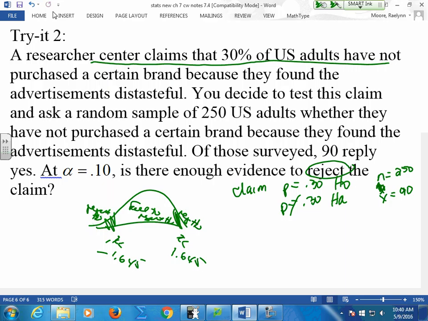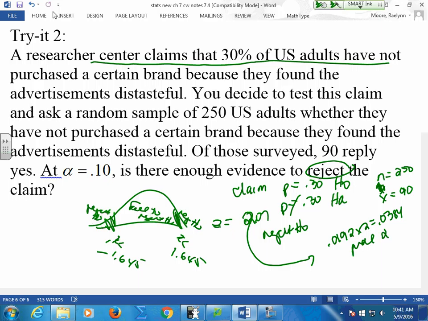Okay, what did you get for your Z? Your test? 2.07. So what's your decision? Reject H0. Guys, hang on. Sorry, 2.07. If you look this one up, 2.07, you gotta take that p-val, the area, and multiply it by 2 if you're gonna test against your p-val. So you're still rejecting H0. Okay, tomorrow,